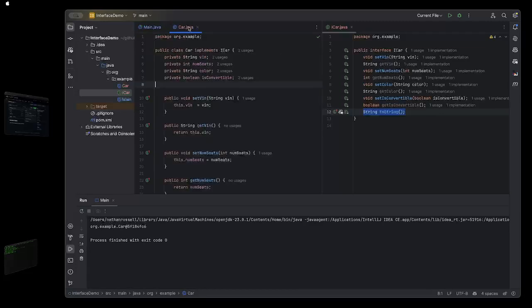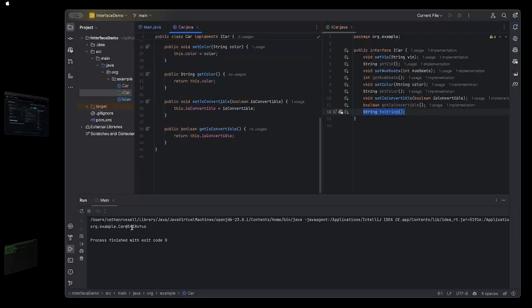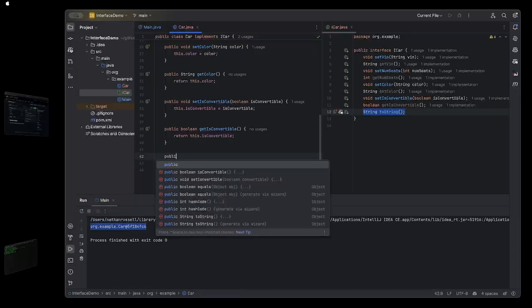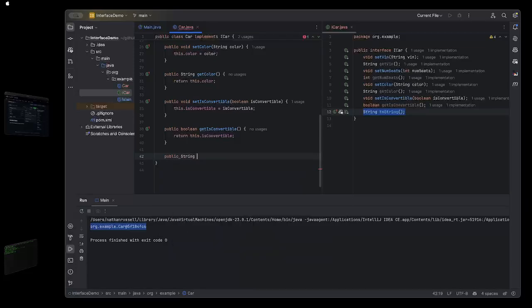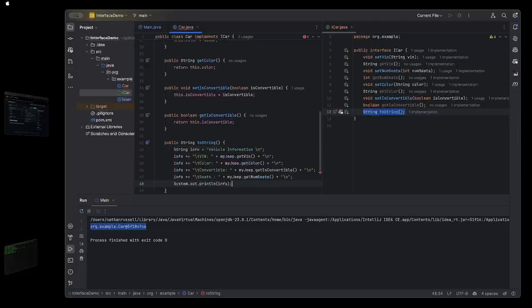So what I want to do is I want to say, you know what, I don't like this. Who knows what all this is, right? We do know what this is. But for right now, we're going to act like it's not important. It's not part of the scope of what we're learning about. So now I'm going to do public, and I'm going to say String toString. And this is what I want my class to actually print out. I actually want it to do that. Instead of that, I want it to